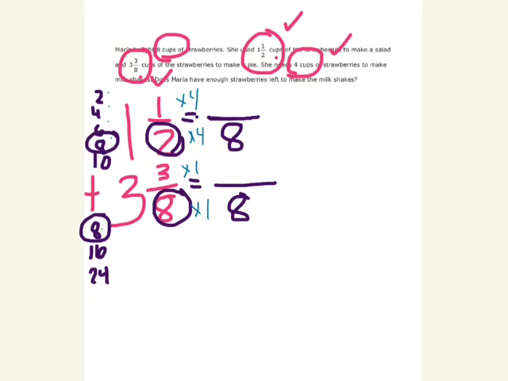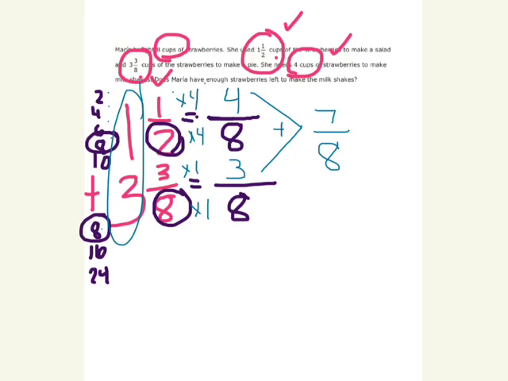And I'm going to finish any multiplication problems I see. 1 times 4 is 4. 3 times 1 is 3. And I know that I add my numerators. 4 plus 3 is 7 eighths. Now finally, I get to my whole numbers. 1 plus 3, and that is 4. So I have 4